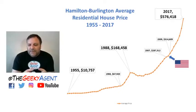as the economy starts to improve. Then the little American flag there indicates actually the housing collapse in the United States back in 2008. So notwithstanding that housing collapse in the United States, which decimated the markets in the United States and did some severe damage to the stock markets globally, the prices here in Hamilton-Burlington didn't really take a big knock. So in 2007, the average price was just under $288,000, and by 2009, a year after the recession started, the prices were at $314,500 roughly, the average price here in Hamilton-Burlington, and it just continued to climb since then, such that in 2017,